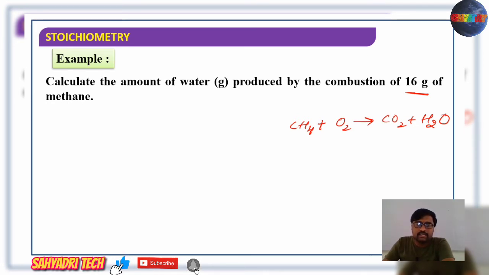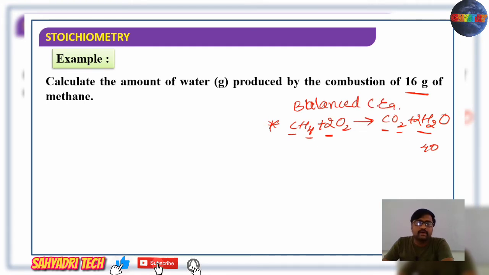So how many hydrogens are there? 4 hydrogens on the left, and there is only 2 on the right, so we will make it 2 here. So 4 hydrogens, 4 hydrogens, 1 carbon, 1 carbon. Look at the oxygens: 2 plus 2, 4 oxygens on the product side, and here only 2, so 2 here multiplied with the 2. So now this equation is balanced. To get this stoichiometric ratio, what is to be considered? We should always have a balanced chemical equation.